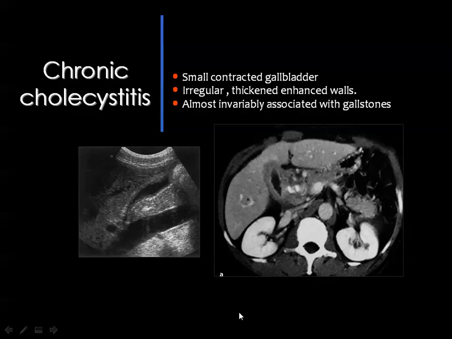Then chronic cholecystitis means that the gallbladder is small in size, being contracted, and the wall is also thickened. You may or may not see the pericholecystic fluid, and you can see calculi or you cannot. And here is an ultrasound example of a chronic acalculous cholecystitis with relative thickening of the wall. And this is a CT scan of chronic acalculous cholecystitis, and you appreciate the